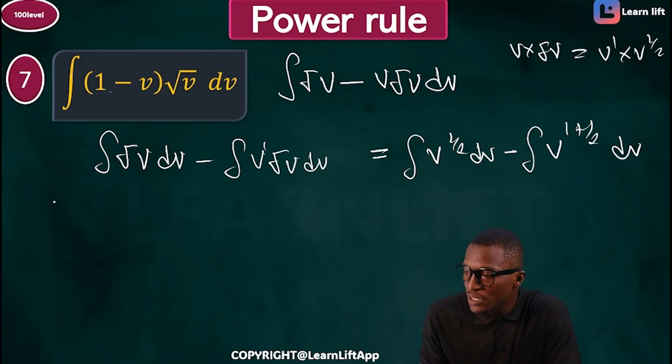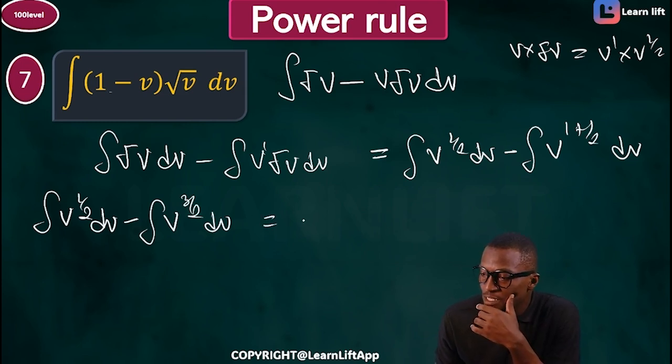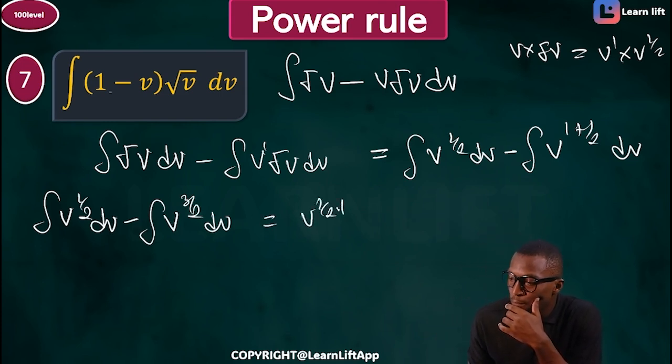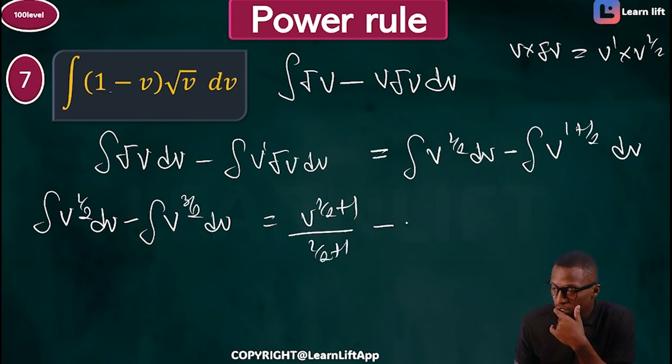So that will give me practically integral of v raised to power half dv minus integral of v raised to power 3 over 2 dv. Now, let's solve. This will practically give me v raised to power half plus 1 all over half plus 1. Is that correct? Minus v raised to power 3 over 2 plus 1 all over 3 over 2 plus 1